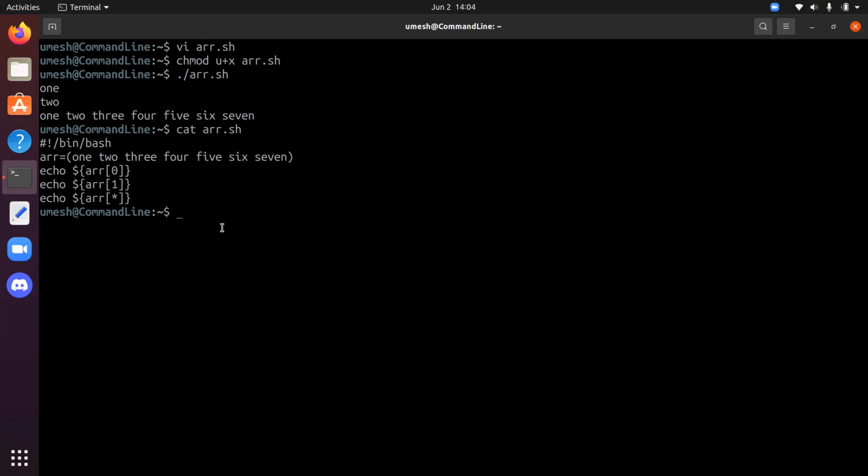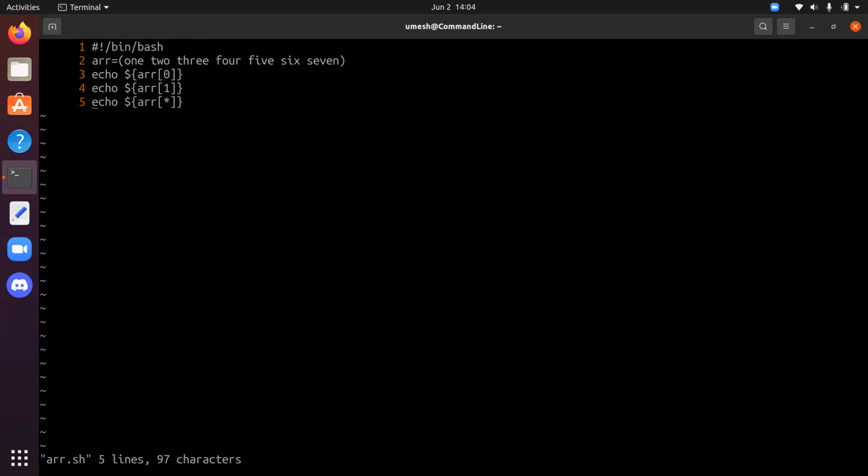And to remove a specific element from the array, you can use the unset command. So if we go to the same file and do, let's say, unset array 1, and now let's print $1. We just deleted that element from the array, and let's print everything here. Array, everything, and let's unset all the elements of the array using the unset array command, echo. Now let's print everything one more time.